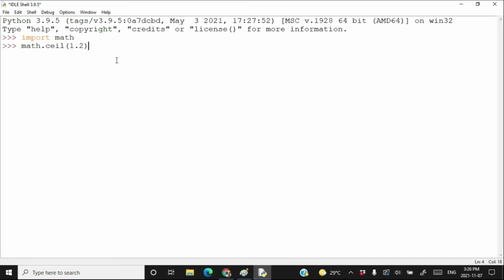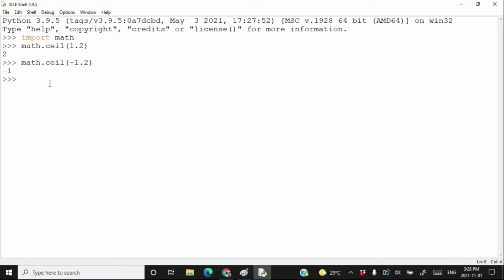Number 2 is higher than 1.2, therefore math.ceil returns 2. If I call math.ceil with minus 1.2, can you tell me which number is just higher than minus 1.2? That is minus 1. Minus 1 is just higher than minus 1.2, therefore math.ceil returns minus 1.